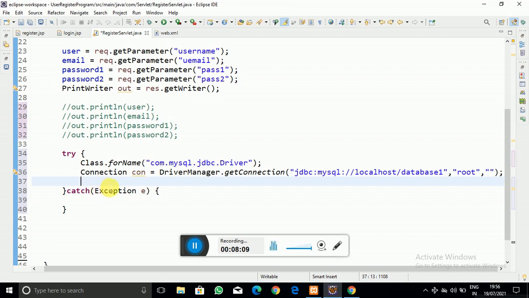Now let us create the query that is going to be used to insert the data into the database. Let us create the string query, in which you can see that we have to insert the record into the users table.